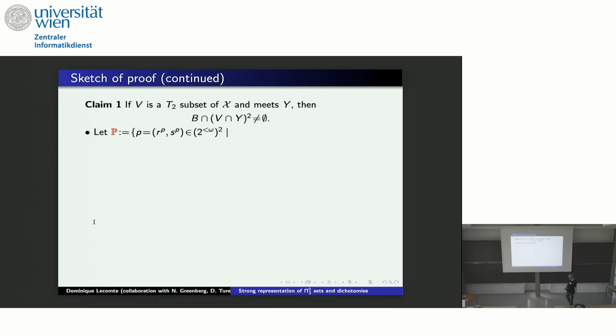So now, okay, we want to perform this Cantor-like construction, so we make finite approximations of our continuous homomorphism. So we simply copy the definition of the space at finite levels. So this gives this. So we define a set of pairs, and the elements of this set, I will call them pairs in the future. Our pair is RP, SP. The length of SP is one more than the length of RP, and then you copy the definition. This time L and M are at most the length of RP,